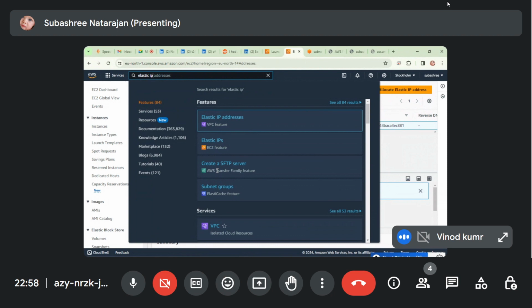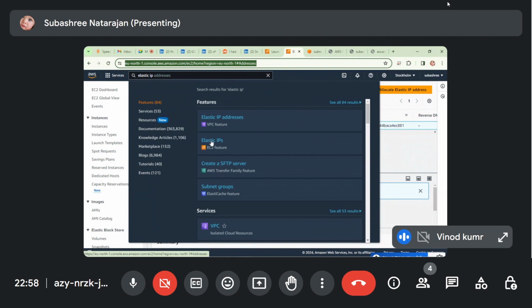Then why is it not showing creating elastic IP? Can you check again, one more, associate IP? Creating elastic IP. Second one. This one. Yes, yes. But it is not moving anywhere.